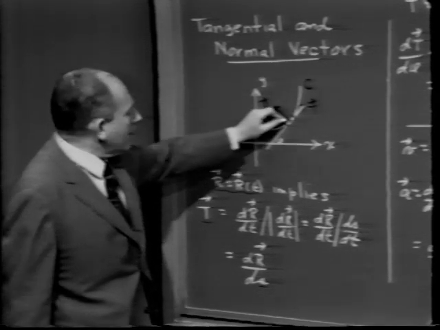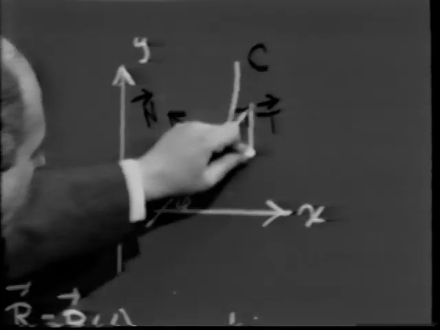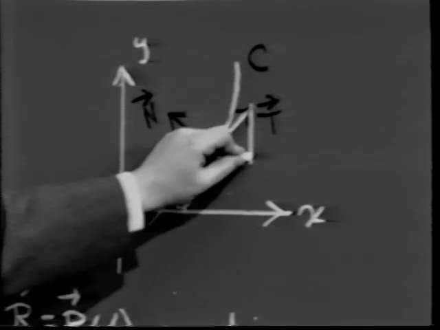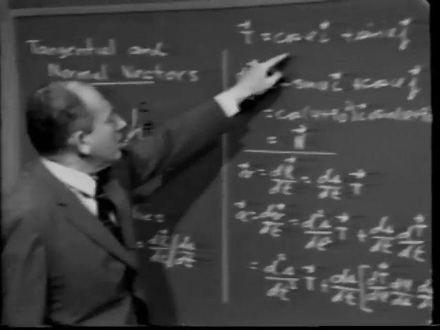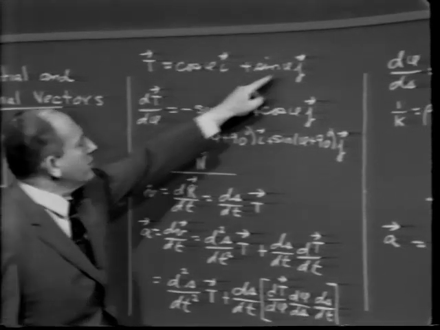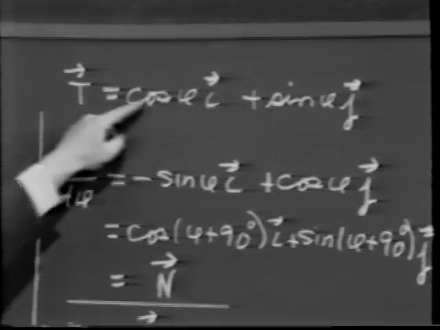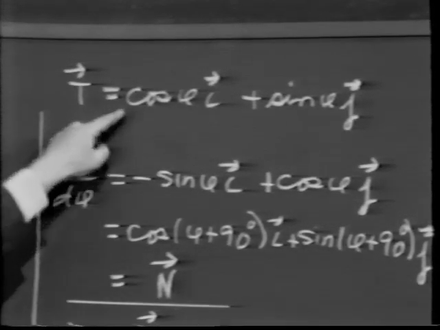Okay? Notice that in terms of this diagram, since the unit tangent vector has magnitude 1, the i component of it will be cosine phi, and the j component will be sine phi. In other words, T is equal to cosine phi i plus sine phi j. Let's just differentiate. You see, T is a function of phi here. Let's just take the derivative of T with respect to phi, and we get right away